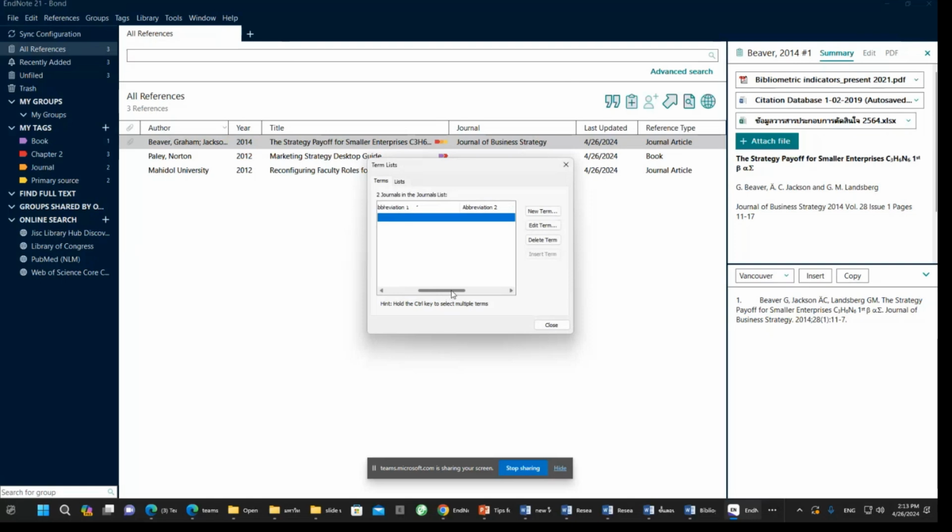Abbreviation 2 is empty. EndNote has no choice for you. It only displays the full name because you don't provide it with the list. So how can I export it? I recommend you remove two of these by pressing Control A